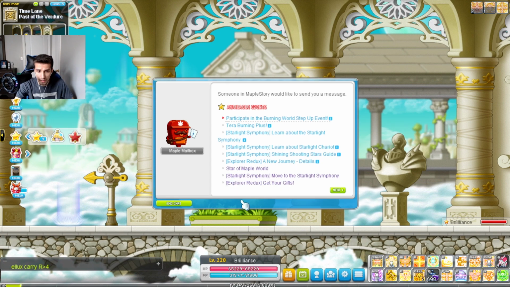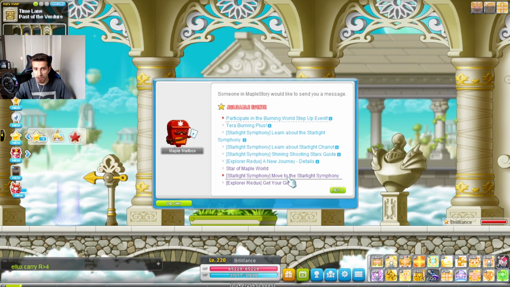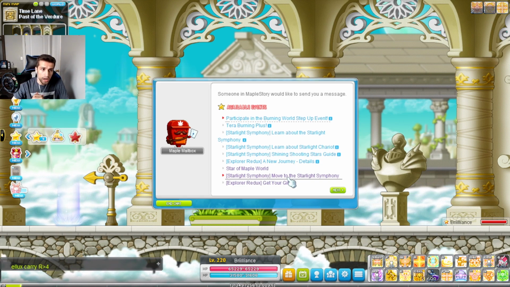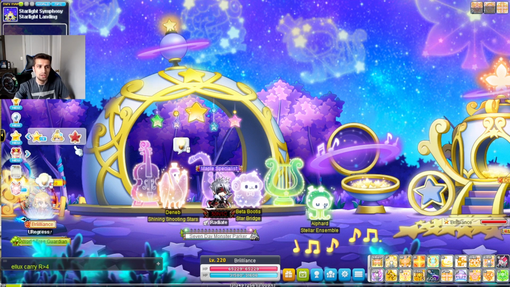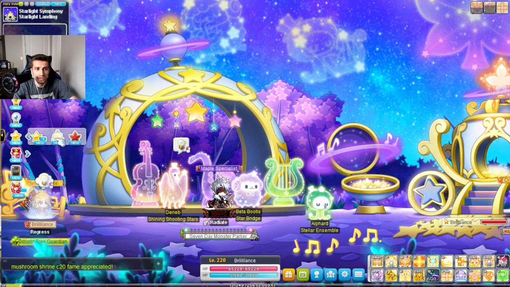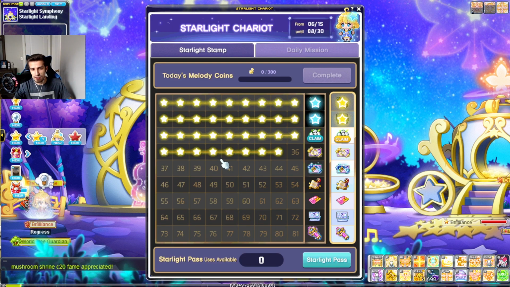But essentially, bracket Starlight Symphony, that first quest is what you want to accept. And just skip through the dialogue if you don't want to read it. If you want to, go ahead, that's up to you. But when you do finally get to the event lobby, there's another quest that you should accept. One being the Starlight Chariot quest, which opens this menu over here, which gives you access to, you guessed it,